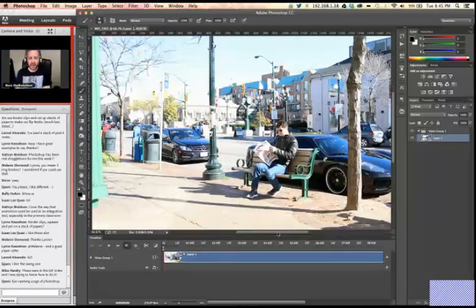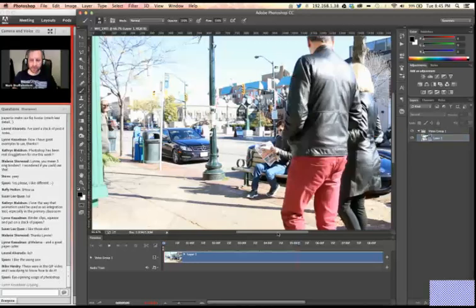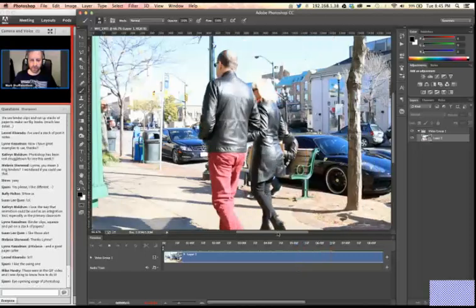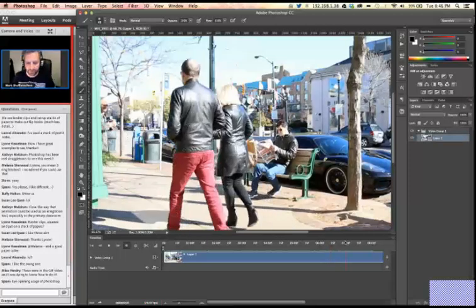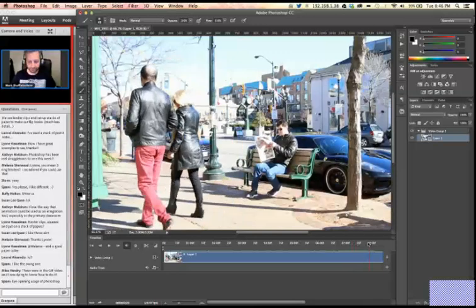So you can see this running. We've got kind of an interesting clip going on here, and I'm kind of interested in something like about here. So, there we go. And I want to get this part up here and use this as a still to mask out the paper here. I want the paper to be kind of flapping around in the wind, but I want to use this as